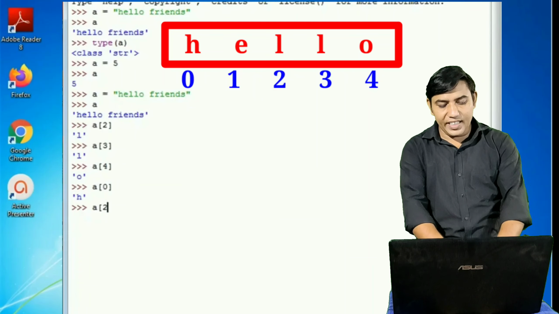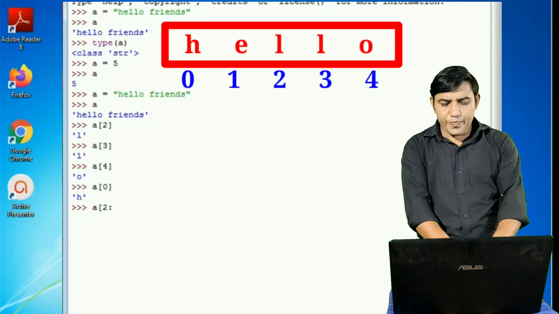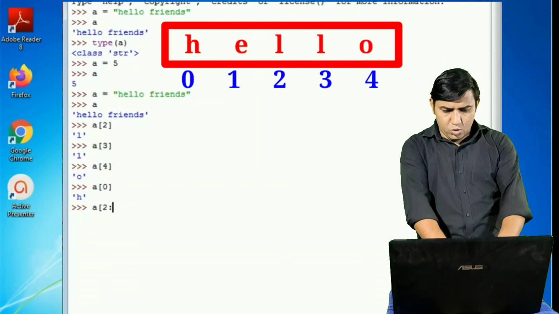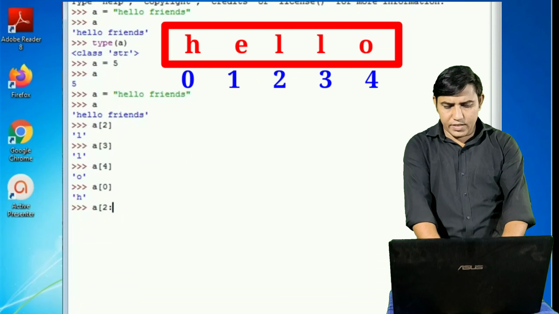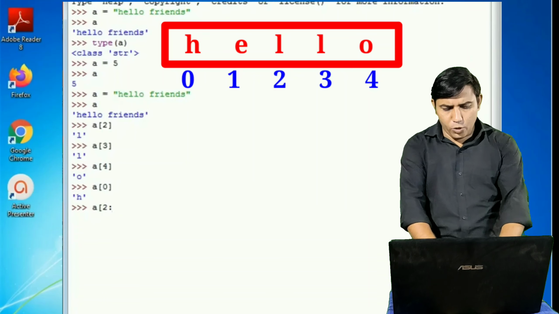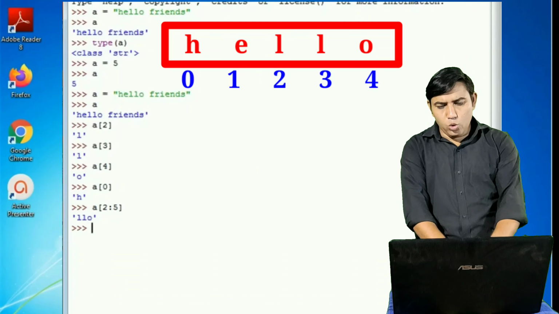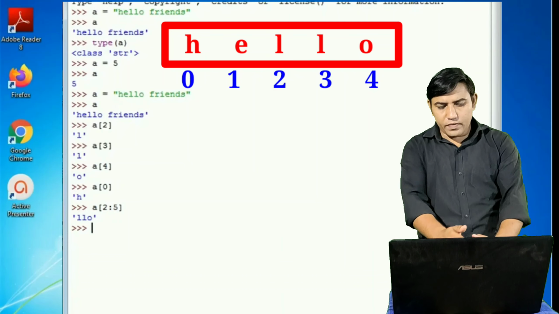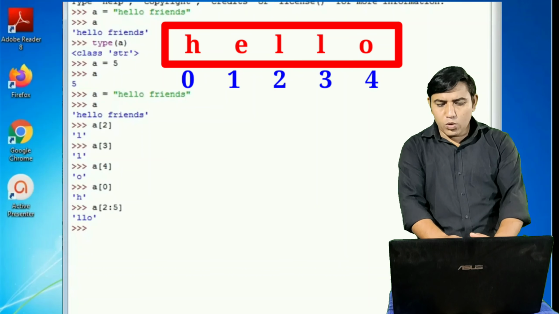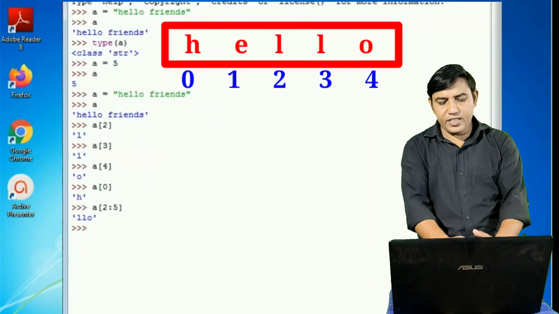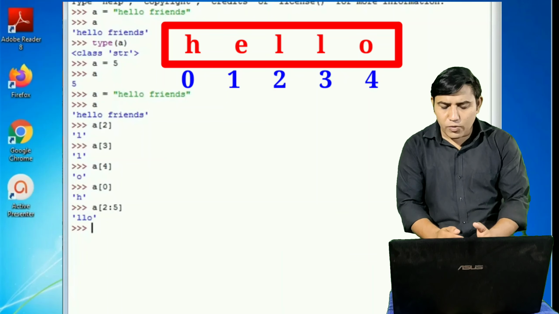Now I'm going to write A of 2 colon 5. It means 2 to 4 of the variable is printed here. Now what about the 5?